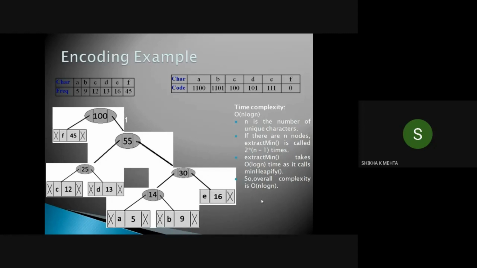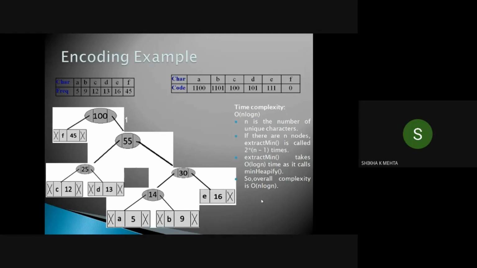It may be that you are given some text, let us say one sentence to encode. Let's say the sentence you are given is "encoding example". From it, you can see E has a frequency of 3, N has a frequency of 2, C has a frequency of 1, O has a frequency of 1. This is how you convert that into the table.